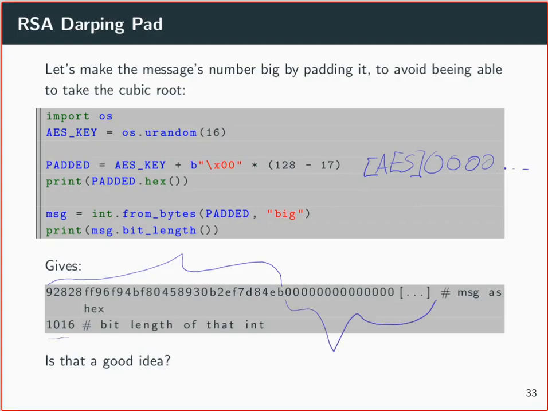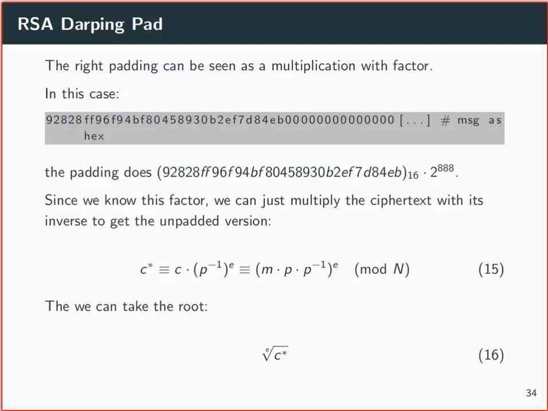Now this number is really big, so the modulus will take effect because I will take this big number here to the power of my public exponent. Now, is that a good idea? Well, no, because